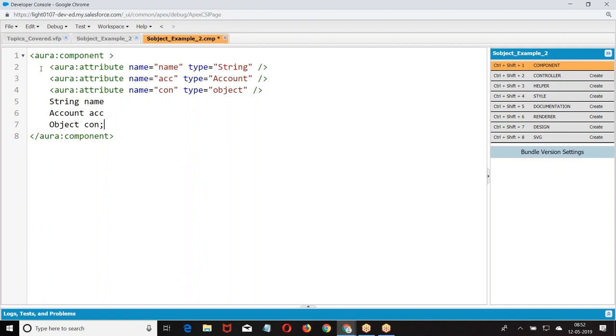Right? Okay. Now, what is the value of name? Null. But it is a primitive. So we don't use name.acc or something like that. It's a value. When you say account ACC, it is not a primitive. It is a reference. Reference will refer to one location. In that location, we have name, industry, phone, and so on. Now, when I say acc.name, what is acc? Null.